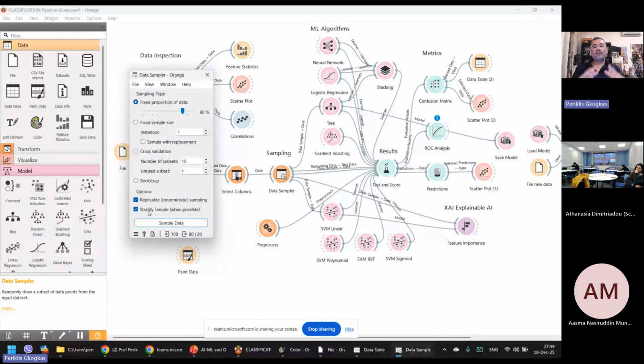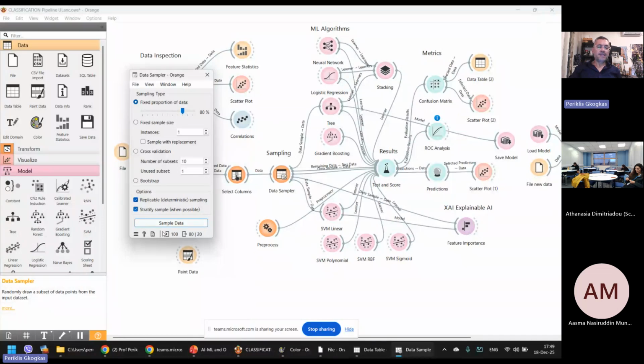Okay, because if in the original data sample we have, let's say, 30% bad customers and 70% good customers, and since we select the training sample randomly, we may select all the bad customers in that sample and no bad customer in the validation sample. This is why usually we need to stratify